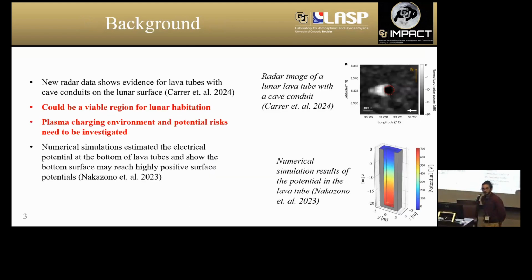There's a very new study that came out that includes Lunar Reconnaissance radar data, and it actually shows these little cave conduits off the side of a lunar lava tube. And so these could be very viable regions for lunar habitation, but the plasma charging environment needs to be investigated first. Last year, Nakazono et al. made a numerical simulation that estimated the potential at the bottom of these